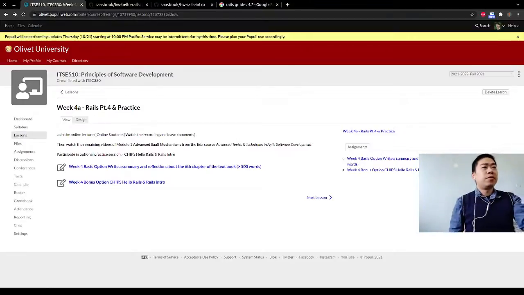So for today's lecture, we'll continue talking about Ruby on Rails, and this lecture will be the last lecture for Rails, and from next lecture we'll move on to the front end or the client side JavaScript. So for today, again, we'll have two parts. For the first section, we'll go through the videos, finish the last pieces that's related to Rails, and for the